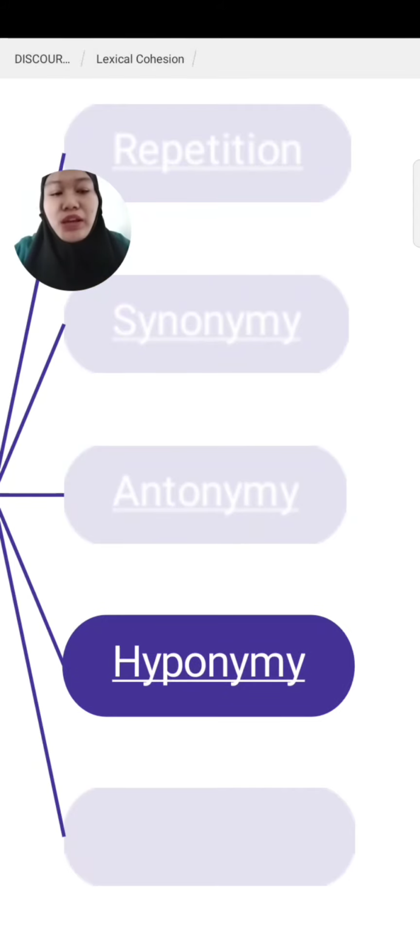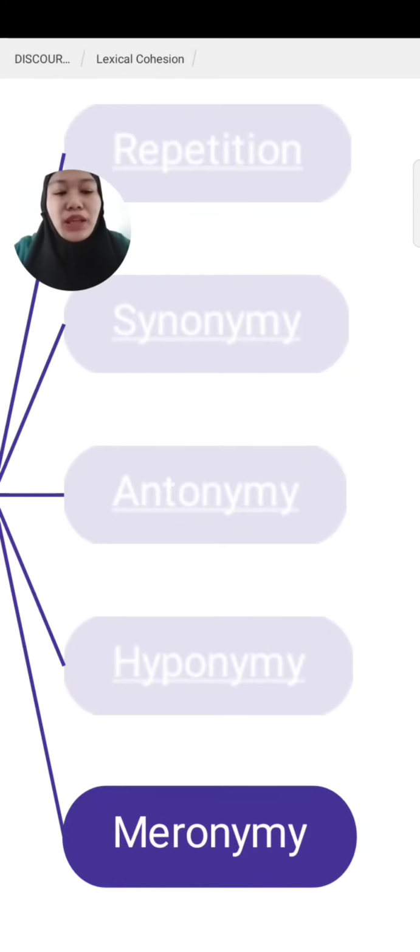Hyponymy is a less familiar term to most people than either synonymy or antonymy, but it refers to a much more important sense relation. It describes what happens when we say an X is a kind of Y. Meronymy is where lexical items are in a whole-to-part relationship with each other, such as the relationship between Jane and Stuart, in relation to the item couple.